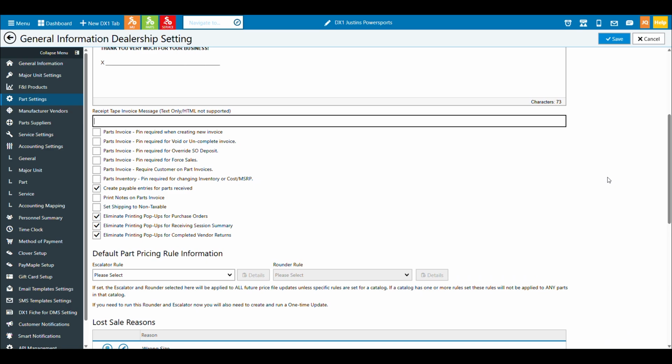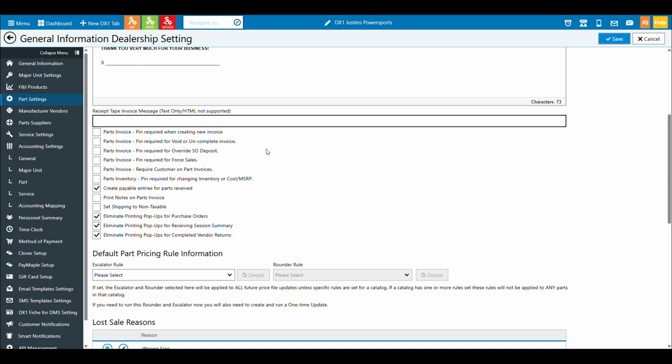And then we come into a whole bunch of settings here, and these are really important to remember in the dealership. Many of these first four here are related to whether you're going to require a PIN to do certain things. Do you want to make somebody come ask you for a PIN to create a new invoice? Do you want to make a PIN required for voiding or unvoiding invoices?